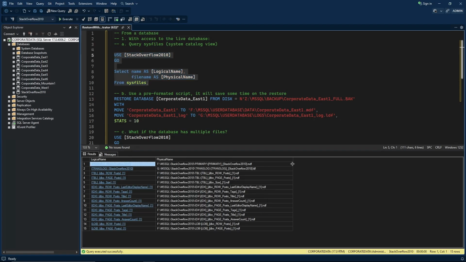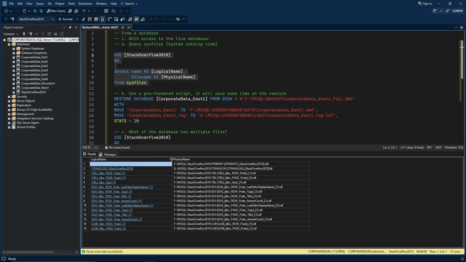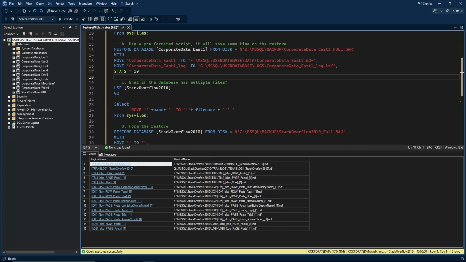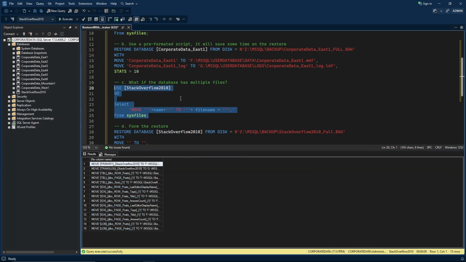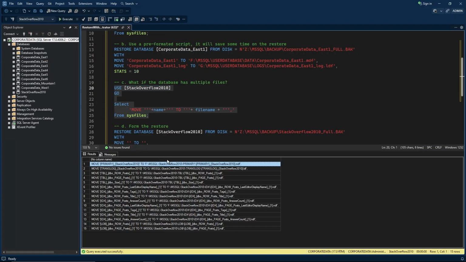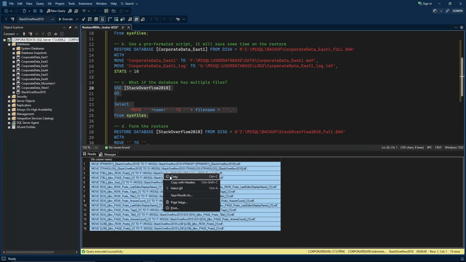It will be very tedious and very lengthy to do the copy and paste for all of these 15 files and 15 logical names. That's why I have this script right here, which is already formatted to create the MOVE, and create the TO. So let's run the script. Just like that, I can copy this whole section here,